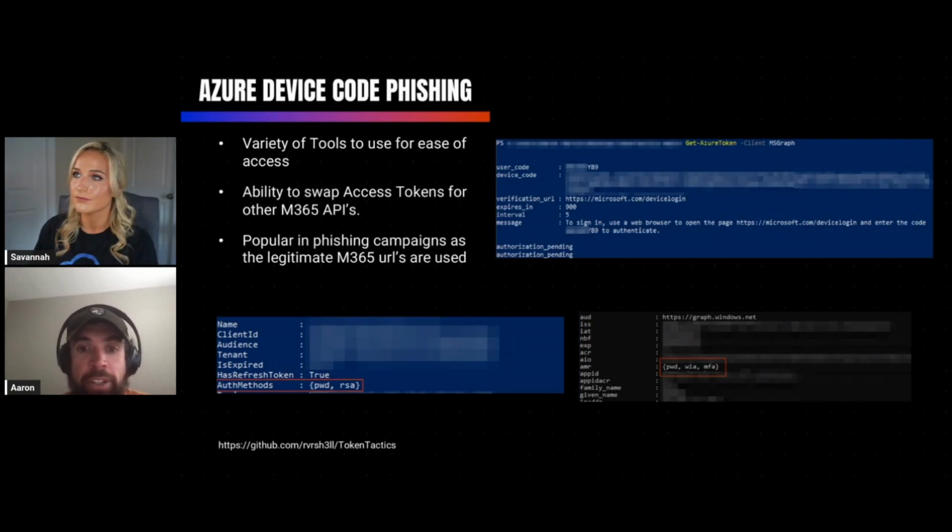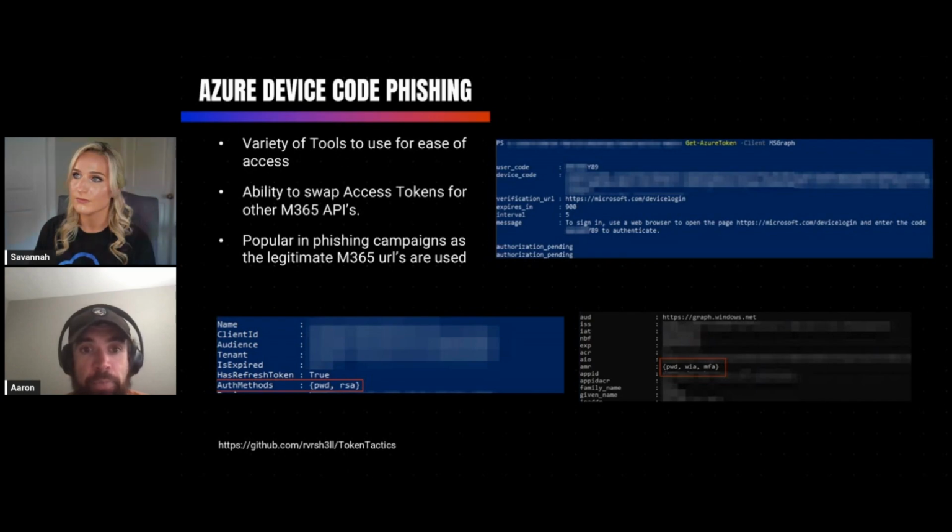So continuing on with the Azure device code, those two screenshots you can see down there in the bottom, that's exactly what I was talking about with the MFA imprint. The token on the left was either grabbed by initiating a primary refresh token by joining a Windows VM to Azure, let's say if you had user credentials, but the one on the right is access through a user that was phished and provided their access token from a logged in machine.